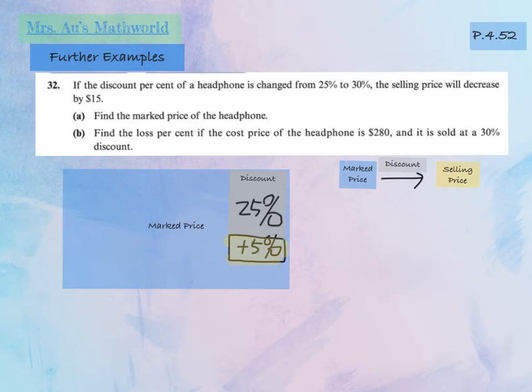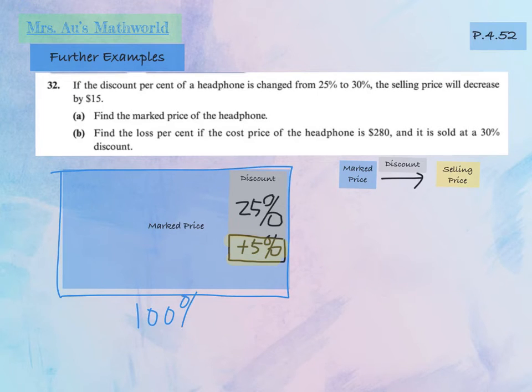If 100% means the market price, because originally the whole thing is 100% for the market price, right now 5% of the market price belongs to